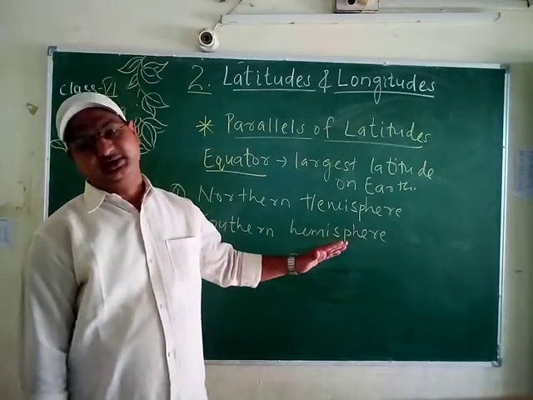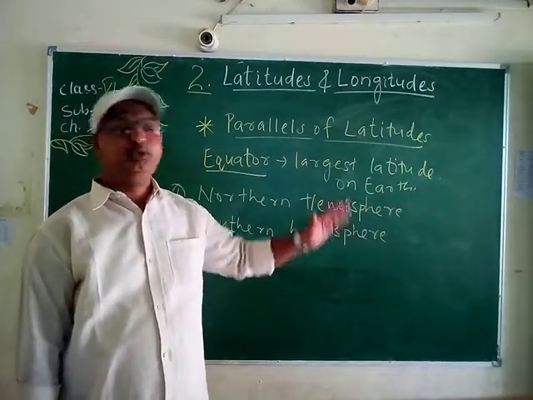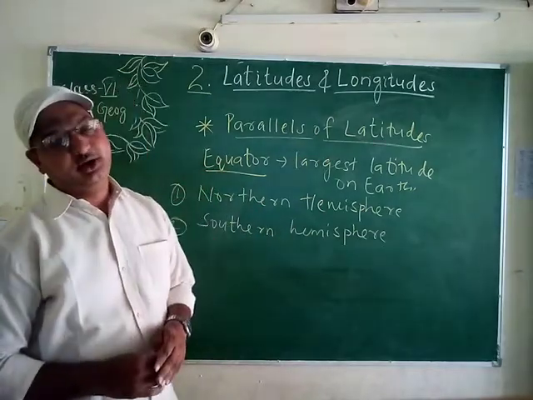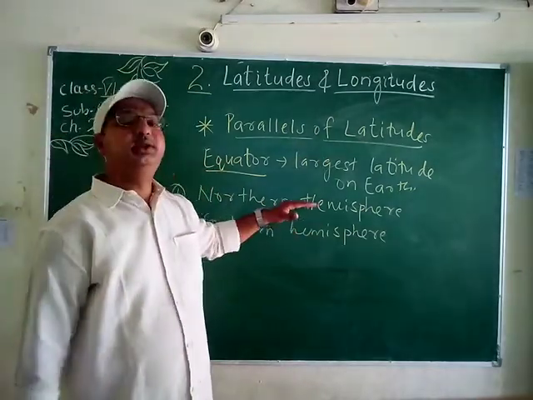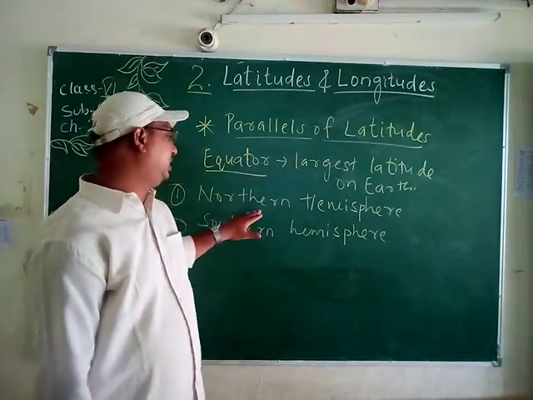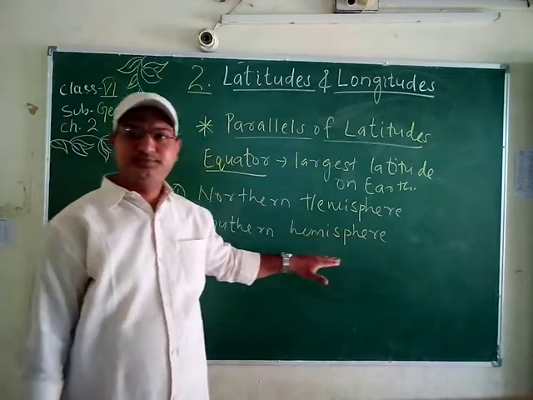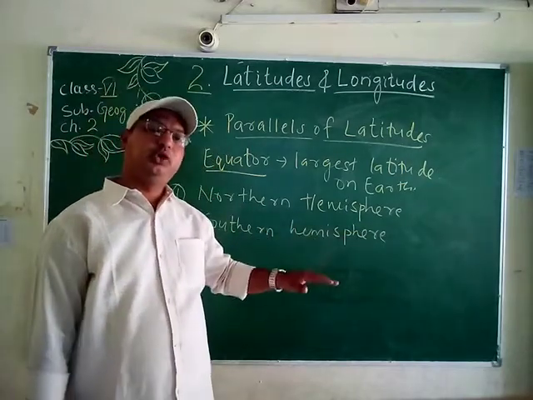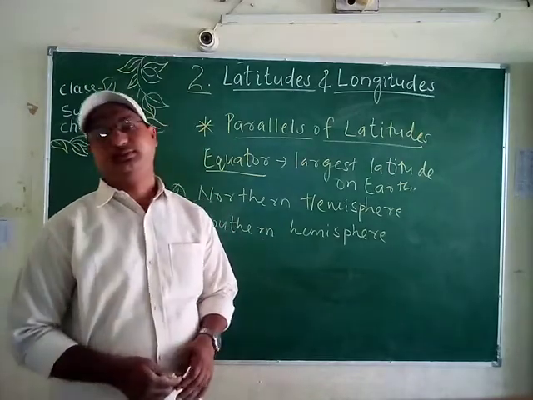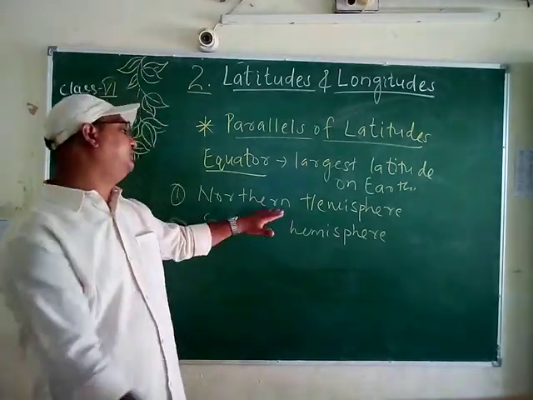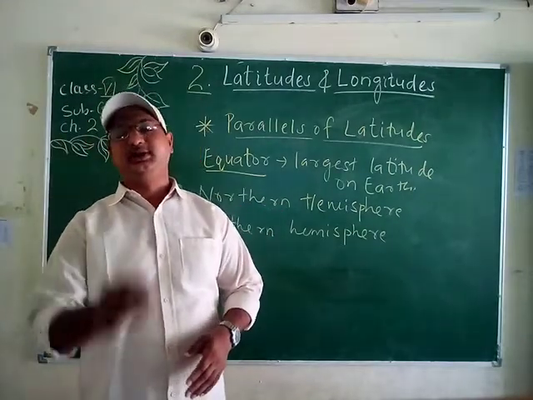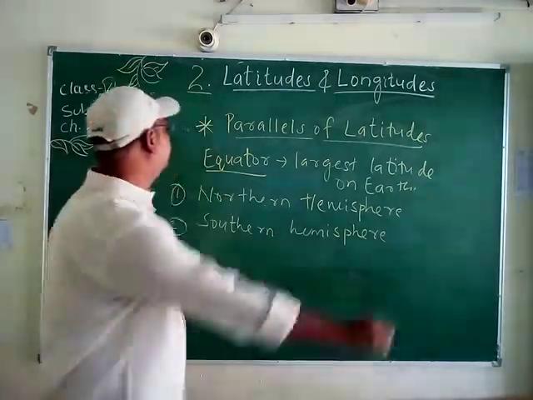All parallel circles from the equator up to the poles, students, when the equator passes through the middle of the earth and the latitudes up to the north pole belong to the northern hemisphere, and when they go down to the southern hemisphere, they are called the latitudes. Along with these two regions, all the parallel circles are known as the parallels of latitude.